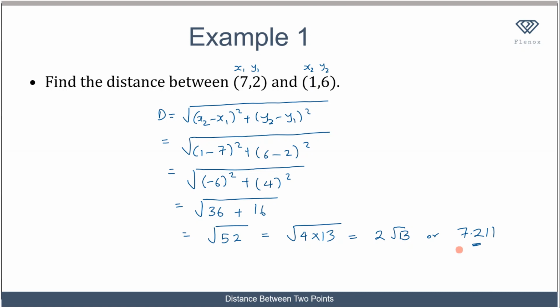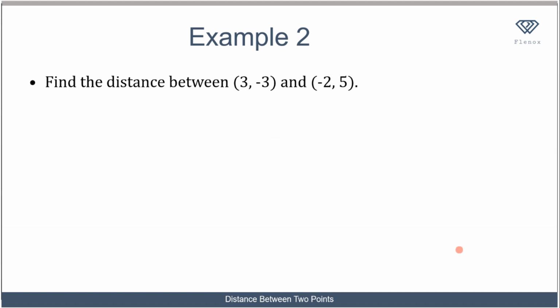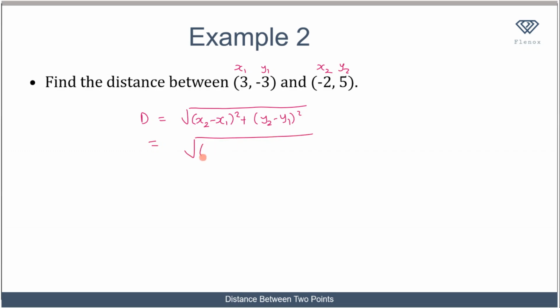Now let's look at another example. And here we are told to find the distance between these 2 points. So the same thing we do, we first label the coordinates. So we'll call here x1 and here y1, and we'll call here x2 and here y2. So we know that the formula for calculating the distance is given as the square root of x2 minus x1 squared plus y2 minus y1 squared, and that becomes the square root of x2 in this case is what? Minus 2 minus, and my x1 in this case is 3 squared, then plus